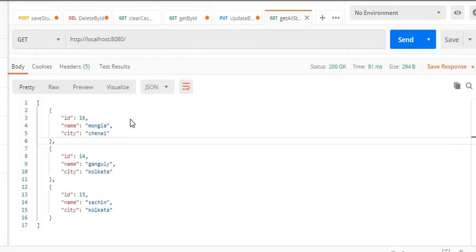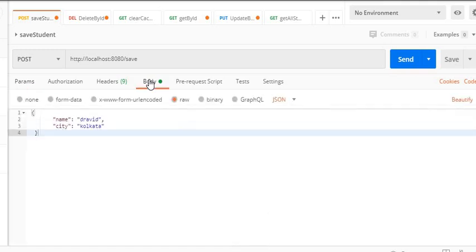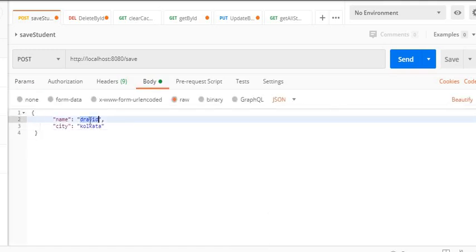Now I will go and update this record. First I will create save student. Now I will add one new student. When I save this student, it will first be saved in our cache and then our DB.